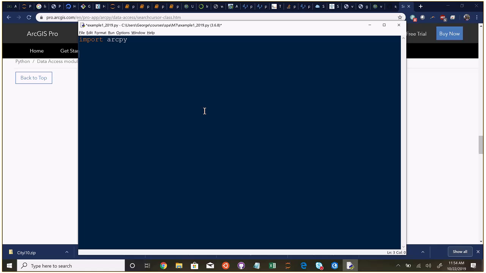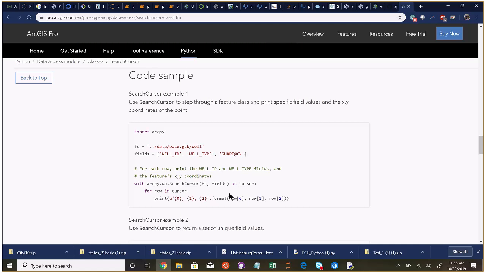To create a search cursor, we need to decide what we're going to name it. Cursor is just fine. That's a variable name. We can name it whatever we want. We can name it Bob or Bob cursor, cursor 1. I'm going to call it cursor 1 actually. Cursor 1 is equal to, I'm going to take this,